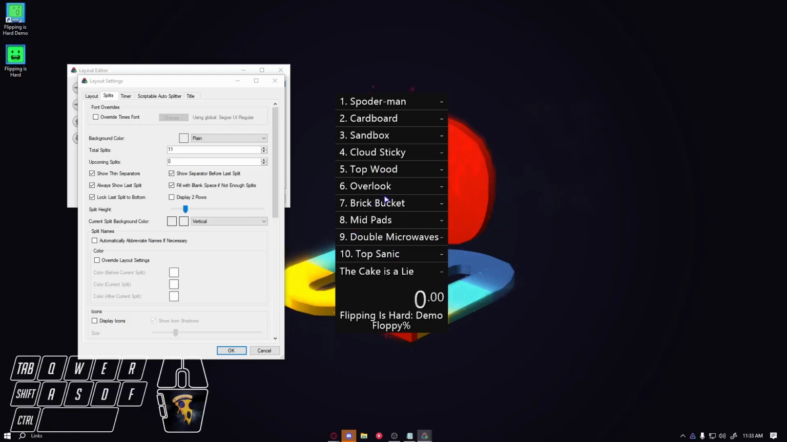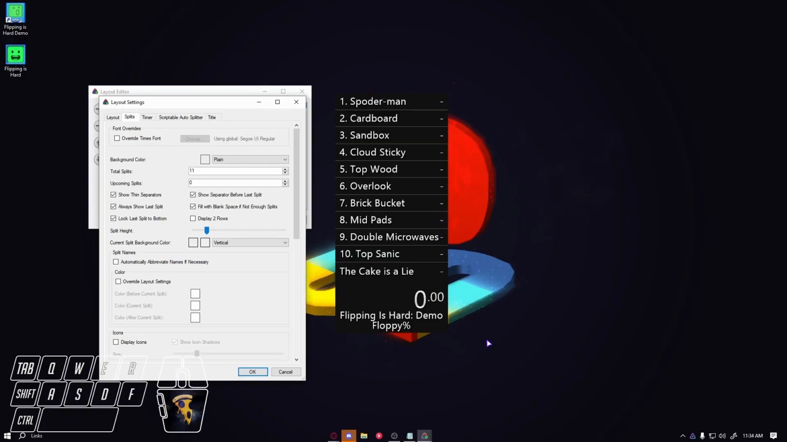So from here, you're 100% ready to start speedrunning. You don't have to customize anything. You can keep it exactly like this if you'd like. Once you start the game, it should auto start the timer and then should split the time at every checkpoint that you pick up. To make your LiveSplit look a little better, you can go back to the layout